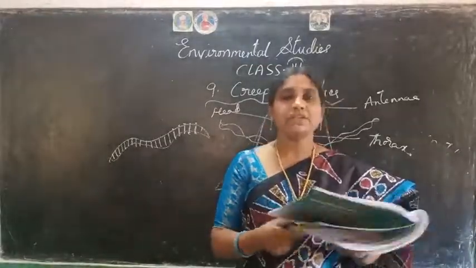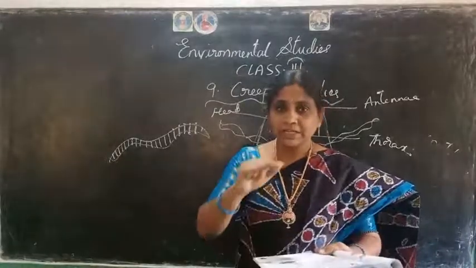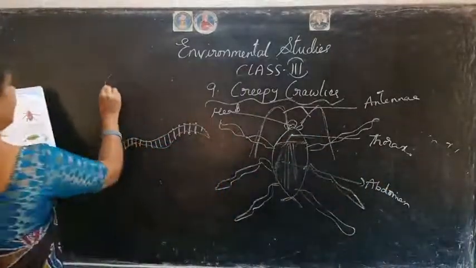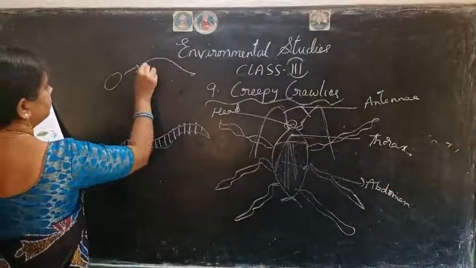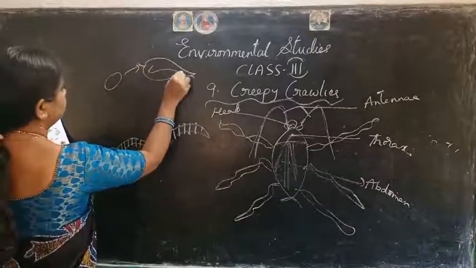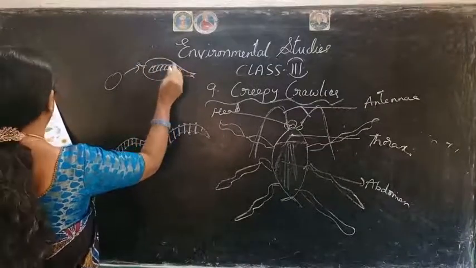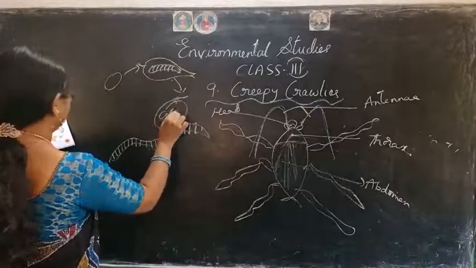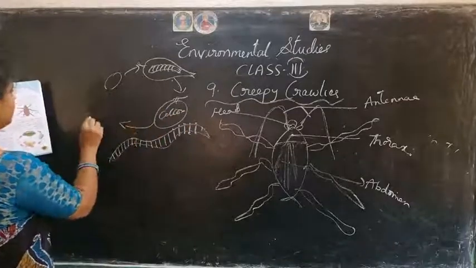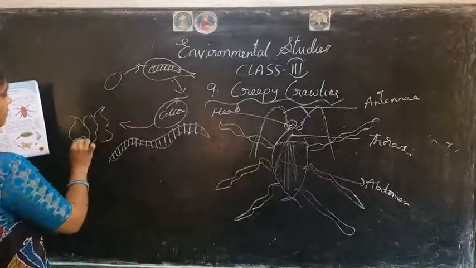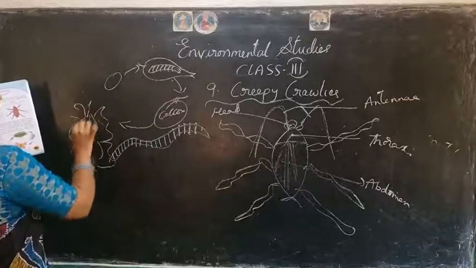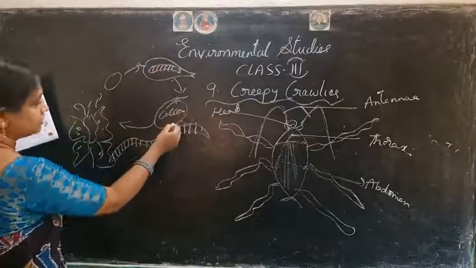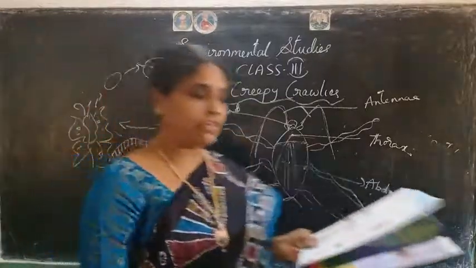Okay, so here this is a picture, it is given on your page 55, children. See the life cycle of the butterfly. Okay, here it will be like this. First of all, the egg. From the egg stage it will be on the leaf, like this is the pupa, and afterwards it covers its body in the cocoon. This is the cocoon, in this it will be, and afterwards it will come out as a beautiful butterfly. In this way. Okay, this is the egg, and this is the pupa stage, and this is the cocoon stage, and afterwards it will come out as a beautiful butterfly.